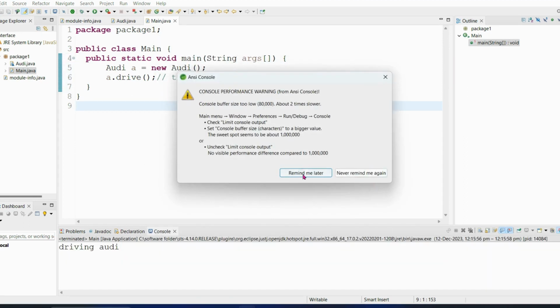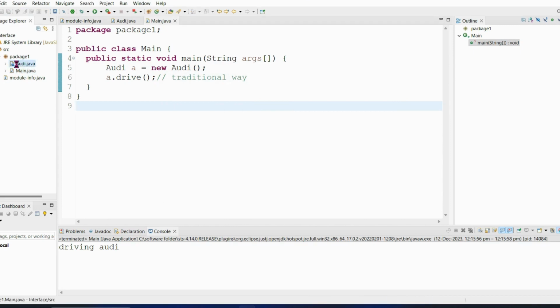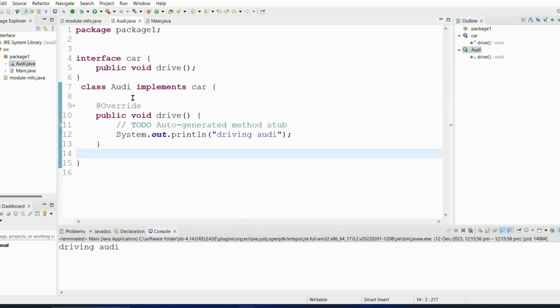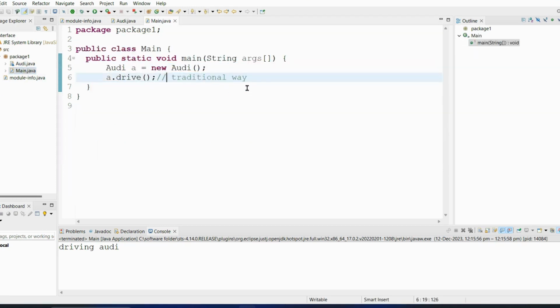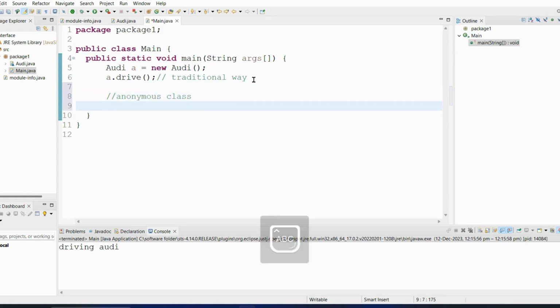So driving Audi. So this is the interface. We are using one method drive that is overridden from here. Then we are calling it traditionally. Suppose we can also call it like an anonymous class. Let's create one Car c1 is equal to new Car,